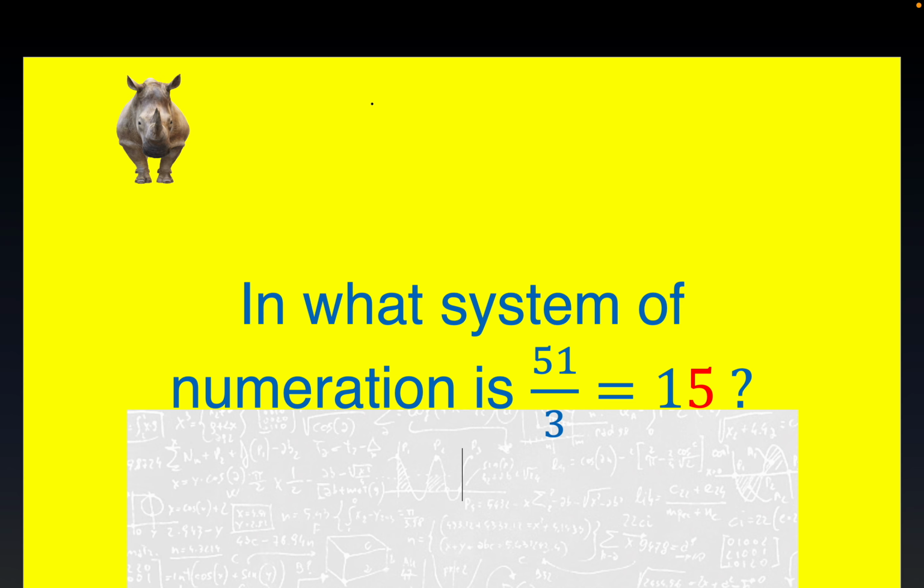We have what appears to be an absurd question here when we ask, in what system of numeration is 51 over 3 equal to 15? That seems ridiculous when you consider the everyday base 10 type of system of numeration we're talking about. Now, by system of enumeration, there's an understood base 10. So 51 base 10 over 3 base 10